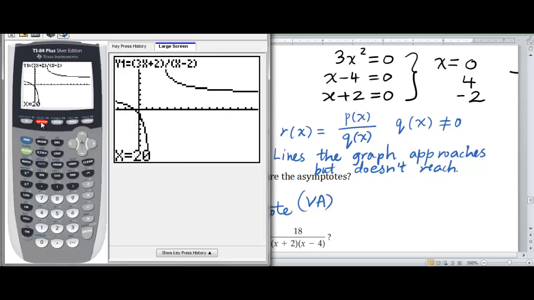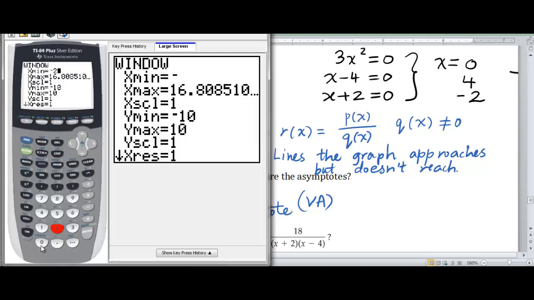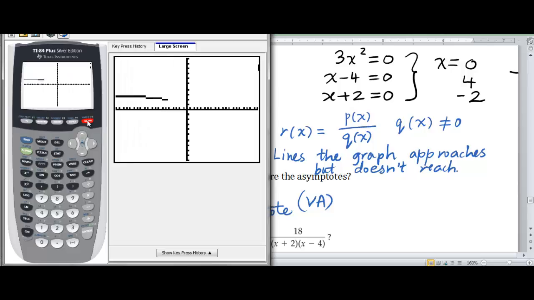So let's fix the window. Window, make it go from negative 20 to positive 20. Okay. And if you hit trace and then try, let's say 19, see it gets very close to 3. Okay. And if you zoom out some more,